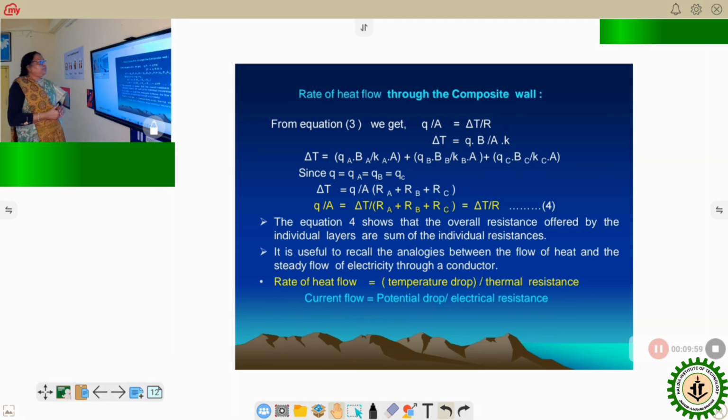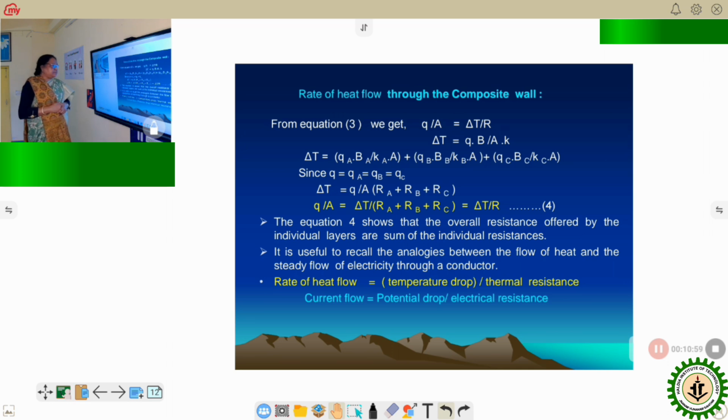So the rate of heat flow through the composite wall is given from equation number 3, that is Q by A equals delta T by R, and that can be expressed as the summation of QA BA by KA A plus QB BB by KB A plus QC BC by KC A. Since Q equals QA equals QB equals QC, the heat flux normal to the surface area is constant here. Therefore, we can take the common Q instead of QA, QB, QC. And delta T can be expressed in terms of Q by A into Ra plus Rb plus Rc, that means the summation of the three resistances, which can be expressed as the capital R. Therefore, heat flux can be given by equation number 4, that is the total temperature drop